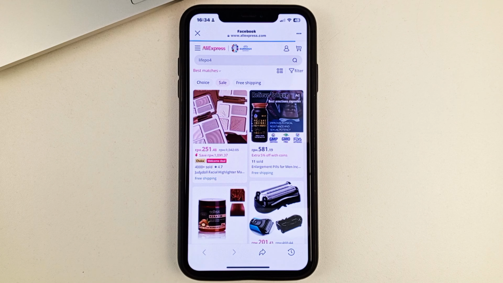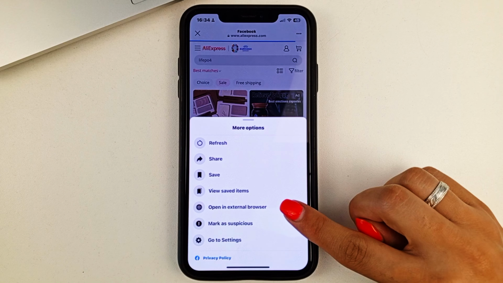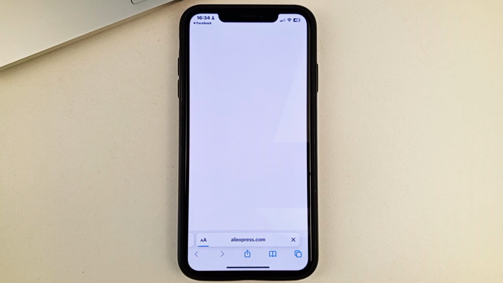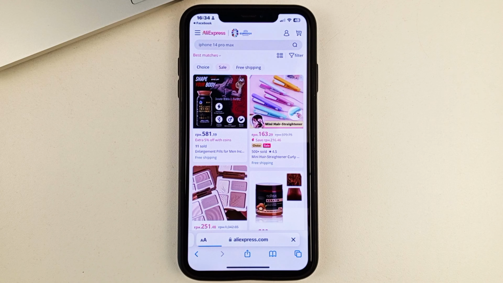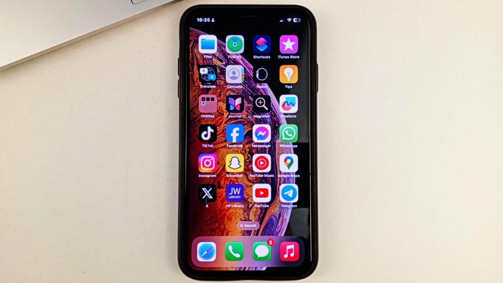Next, to open it as an external link, you'll need to click on the three dots in the top right corner. Next, select the Open External Browser section. And as you can see, now this link loads in an external browser. So that's the very simple way, friends, you'll be able to quickly and easily open external links in your Facebook